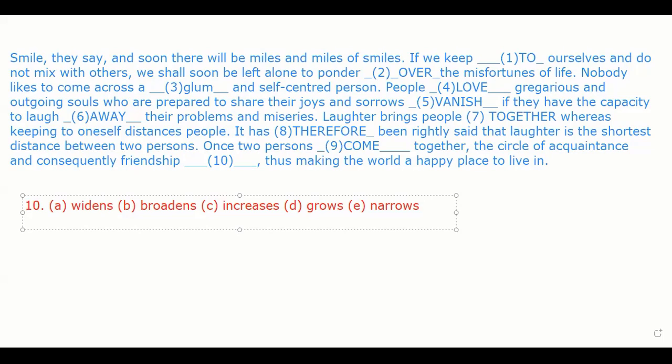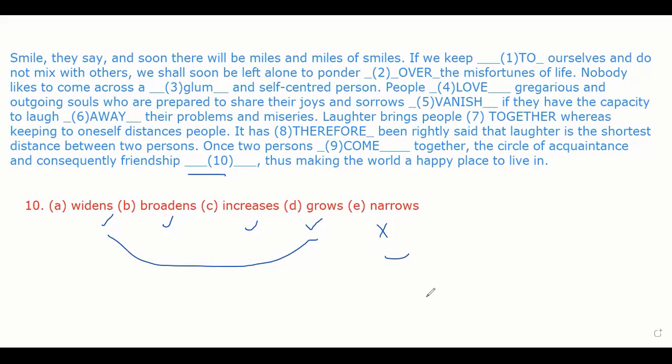Moksha, tell me, in the 10th one, should the word be related to an increase or a decrease? Let me explain the grouping. This is increase, this is increase, this is also friendship broadens, increase. Friendship widens, friendship broadens, friendship increases. This is a negative word, right? Friendship narrows, correct? So here, should an increase kind of word come or a decrease kind of word?